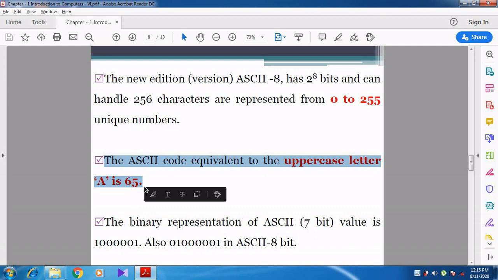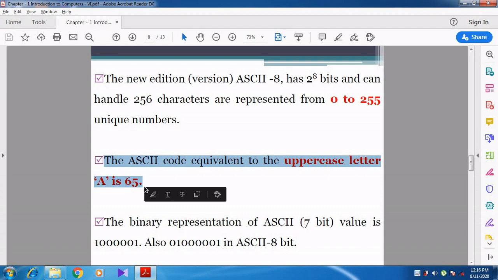When you go for lower case, you will ask another question. Sir, capital A is 65, so what is the ASCII value for small a? The lowercase letter a, the ASCII value is 97. Small a is 97, small b is 98, small c is 99. Like that it goes on. It starts from 97 and it ends at 122. Right? Can you understand, students?